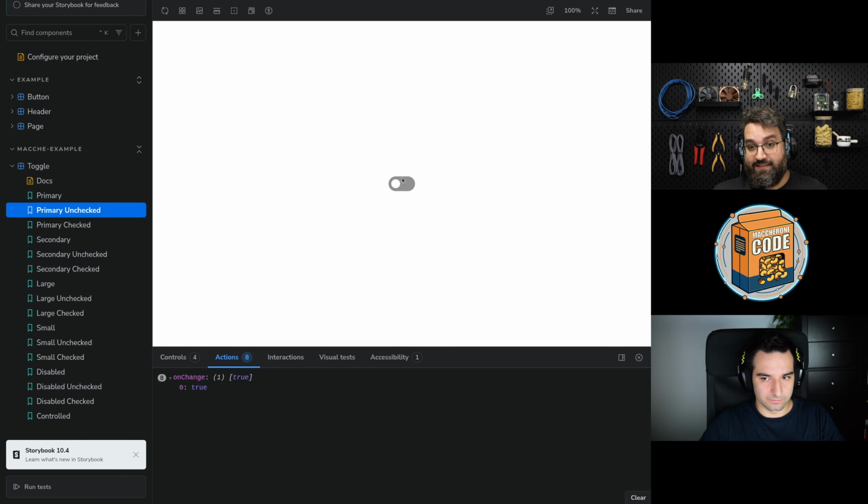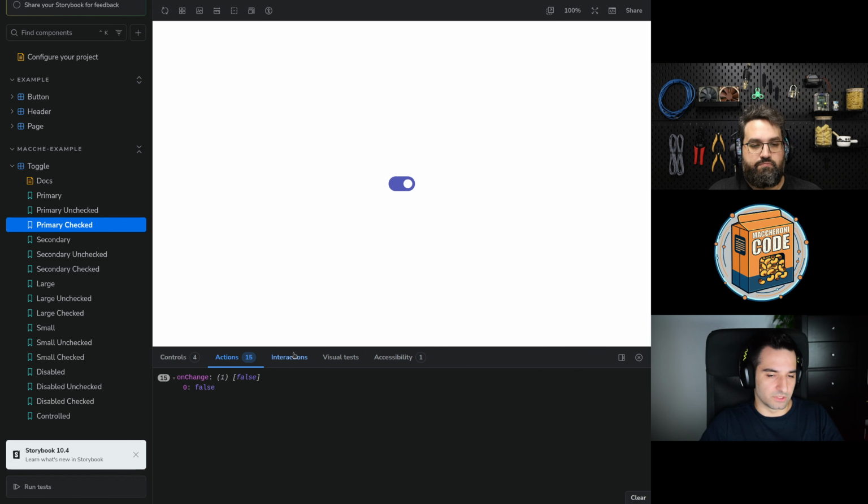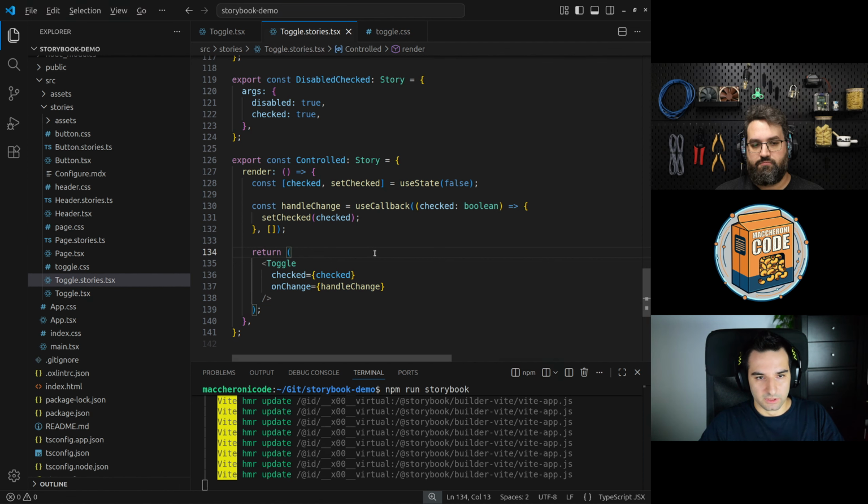Otherwise, there is no point in adding a toggle to the UI if the state is going to be lost if you reload the component. You can also manage only the onChange without passing a checked value, but it doesn't make sense for real because you're losing control of your component. In that case, you can see that unchecked always triggers an event with onChange and true as an argument, and the checked is false. Yes. Obviously, it's really, really simple. Nothing special about it, it's all here.